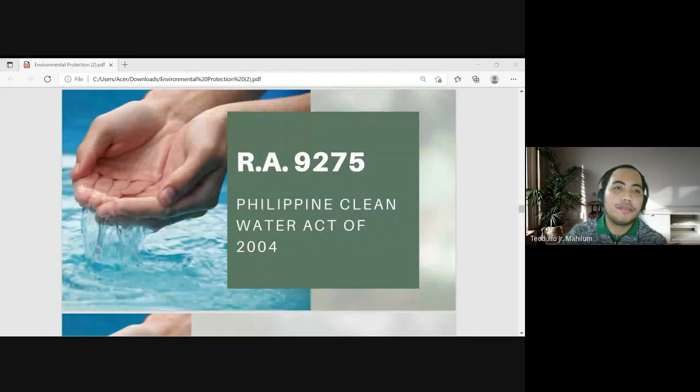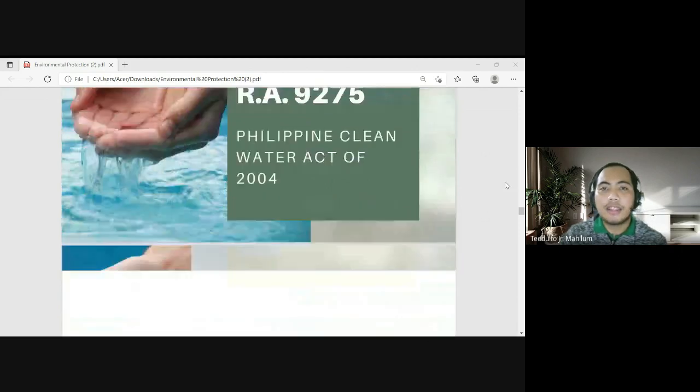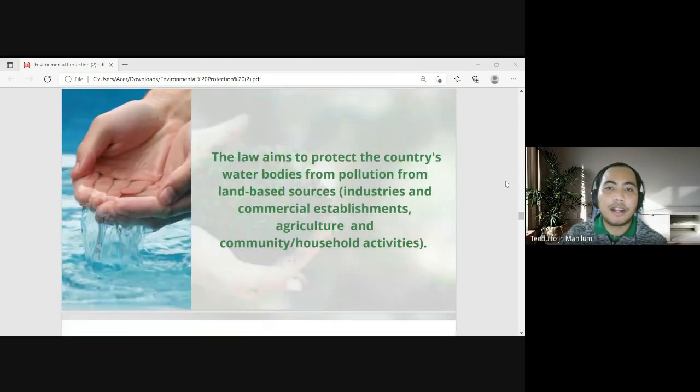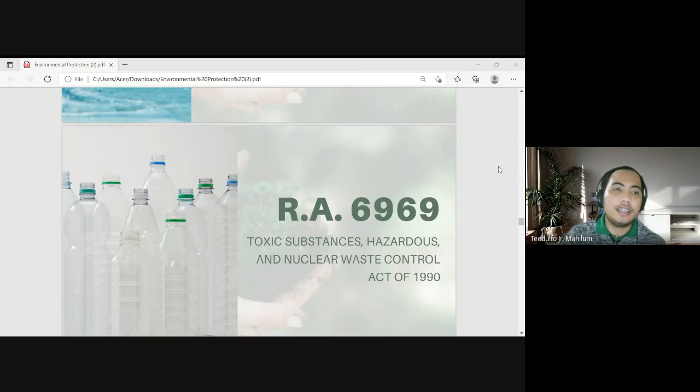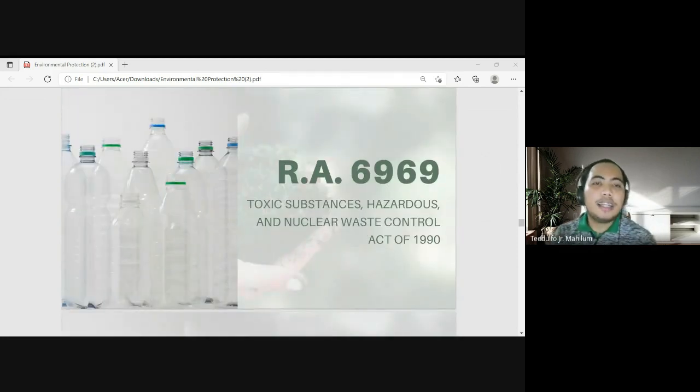The second RA, the Republic Act 9275 or the Philippine Clean Water Act of 2004. The law aims to protect the country's water bodies from pollution from land-based sources. It provides a comprehensive and integrated strategy to prevent and minimize pollution through a multi-sectoral and participatory approach involving all stakeholders. The next RA, the Republic Act